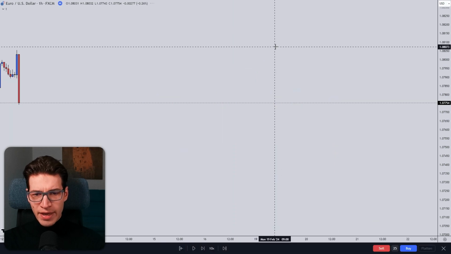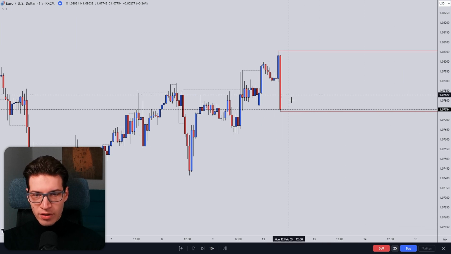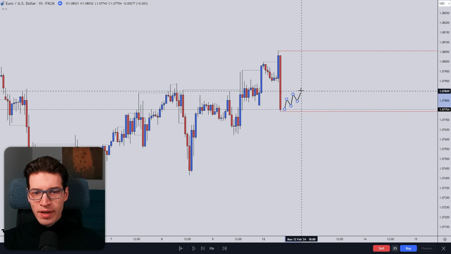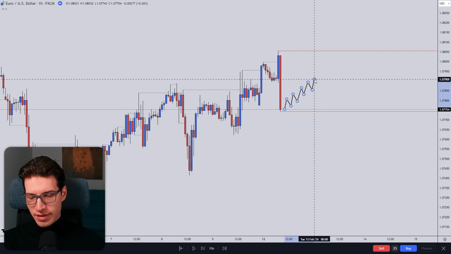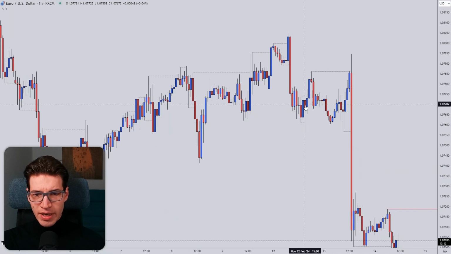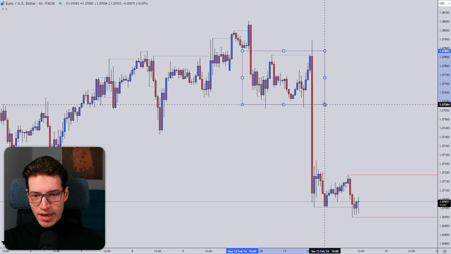So did I have an order on for a reversal setup? At this point I did not. I was looking for the price to come to my level in a slow manner like this. Okay, so this didn't fit my plan. Then what happened? Well, we kind of ranged around right here, as you can see, and then we broke down